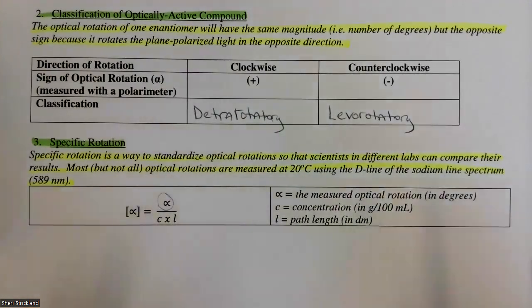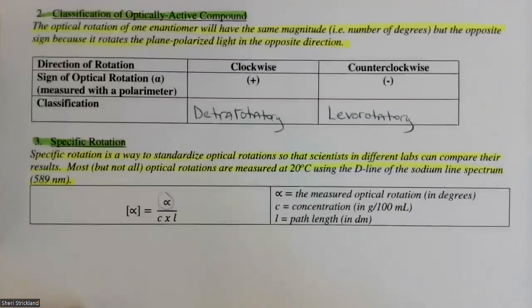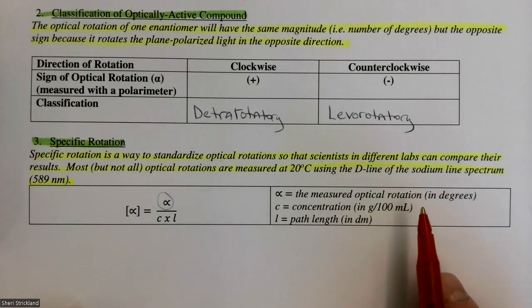And so specific rotation was invented as a way to standardize optical rotations so that scientists in different labs can compare their results. Most, but not all, optical rotations are measured at 20 degrees Celsius using the D line of